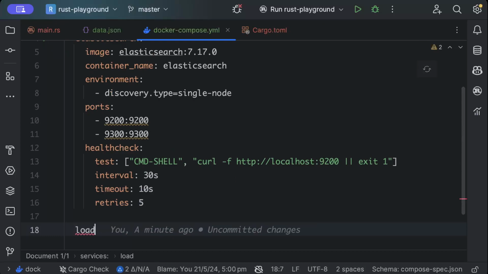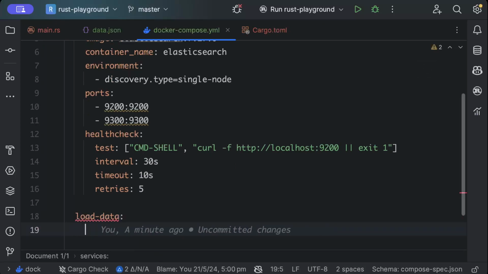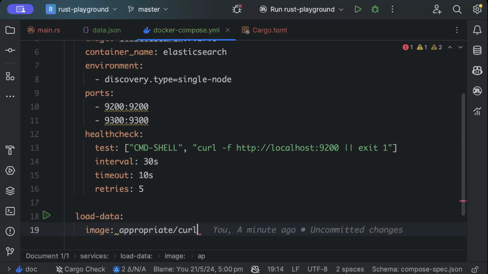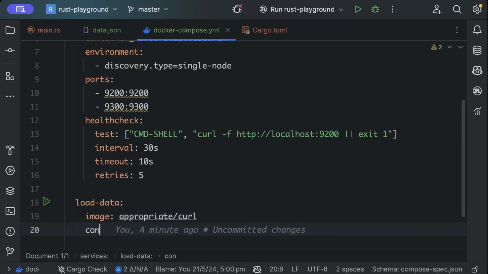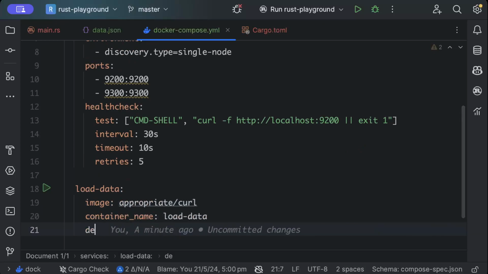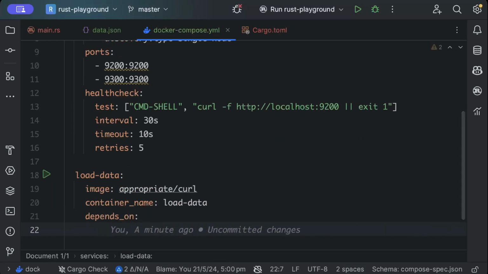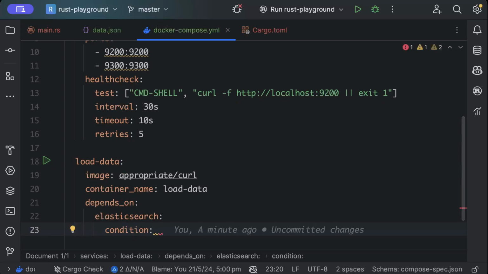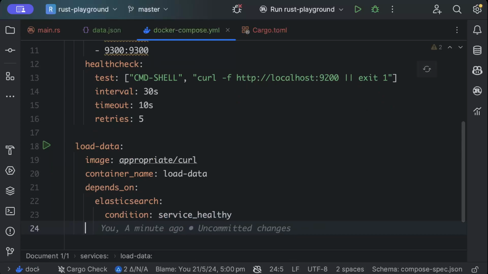And then we will add load data, and the image we'll use here is appropriate curl, container name as load data, depends on Elasticsearch, and the condition we'll add is when the service is healthy. So once we have that, we'll add the entry point,